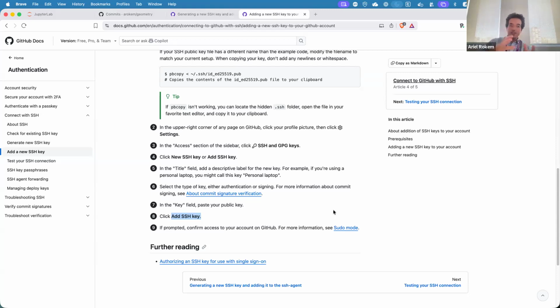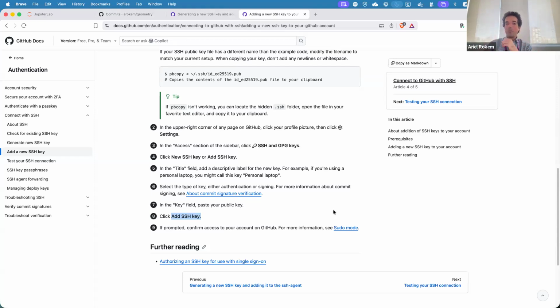And again, just to clarify, the SSH key is there as a way for you to authenticate against GitHub. That's the reason we're giving GitHub the public part of the key. Whenever our machine tries to talk to GitHub, GitHub will go and check: do you have the right private key that matches this public key that you gave me? And that handshake is the way that GitHub knows that you are who you claim to be and that you're